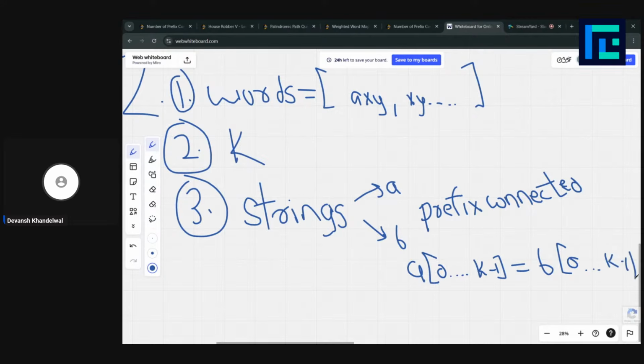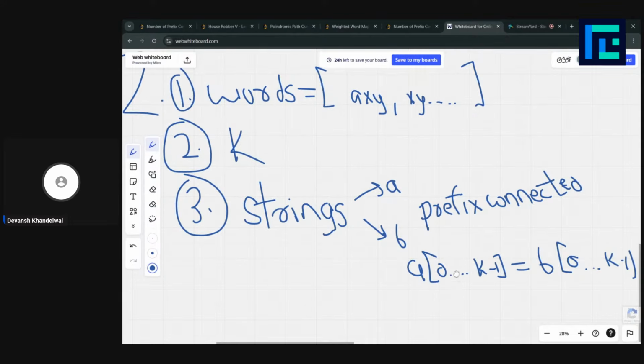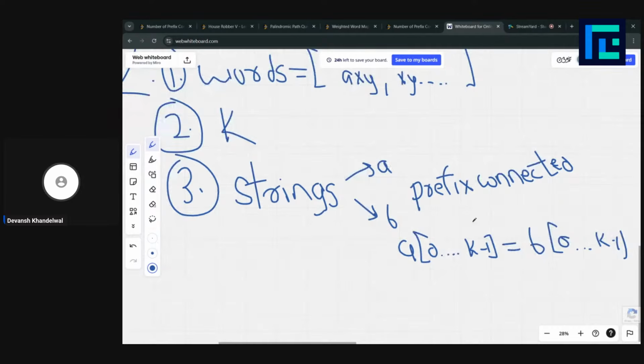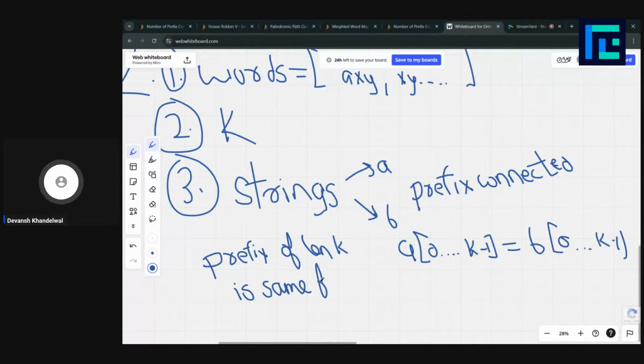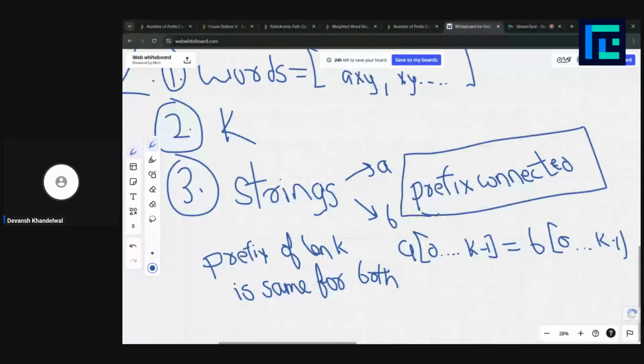What does this mean? The prefix of length k is the same for both strings A and B. Then they are called prefix connected. Two strings are prefix connected if their prefix of length k is the same for both.